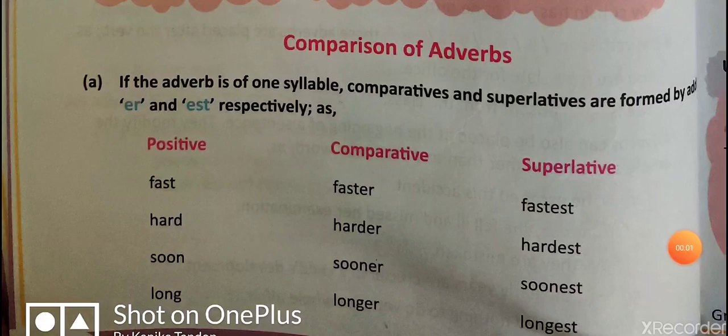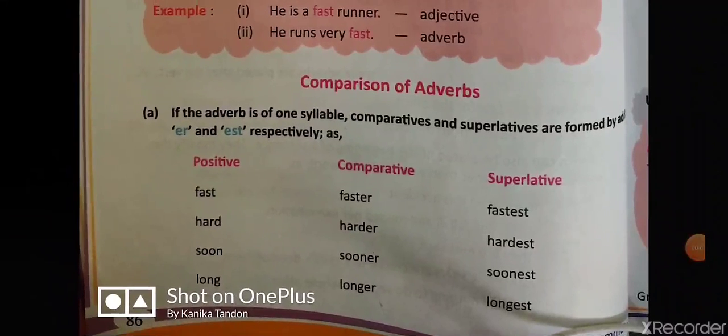Next is comparison of adverbs. Like comparison of adjectives, the comparative and superlative degrees of adverbs are also formed in different ways. First, if the adverb is one syllable, the comparative and superlative are formed by adding -er and -est respectively. Like fast, faster, fastest; hard, harder, hardest;